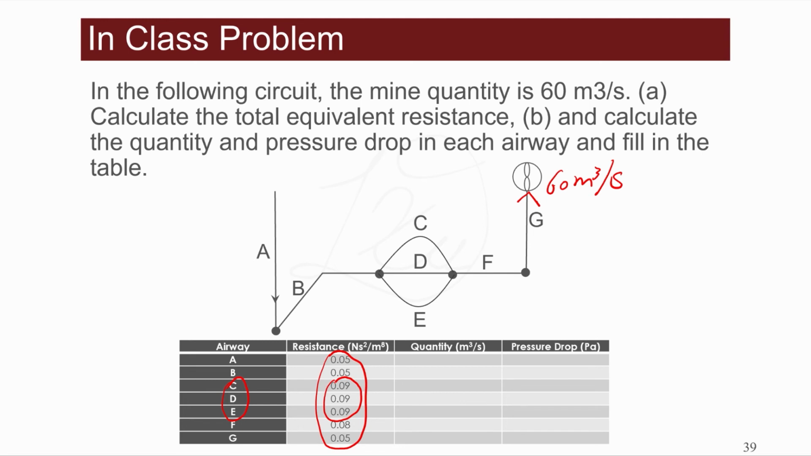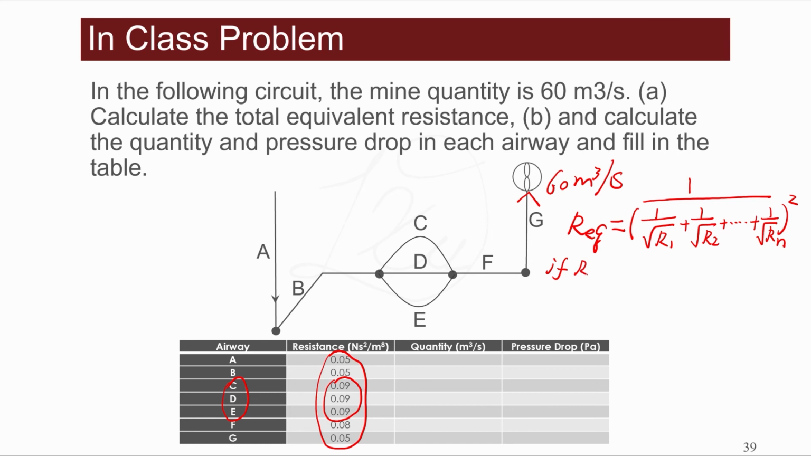We can calculate the equivalent resistance of the three airways by using the equation Req equals parentheses, square, 1 divided by square root of R1 plus 1 divided by square root of R2 plus, you may have more than 3 airways, and finally plus 1 divided by square root of Rn. If R1 equals R2 equals all the way to Rn,